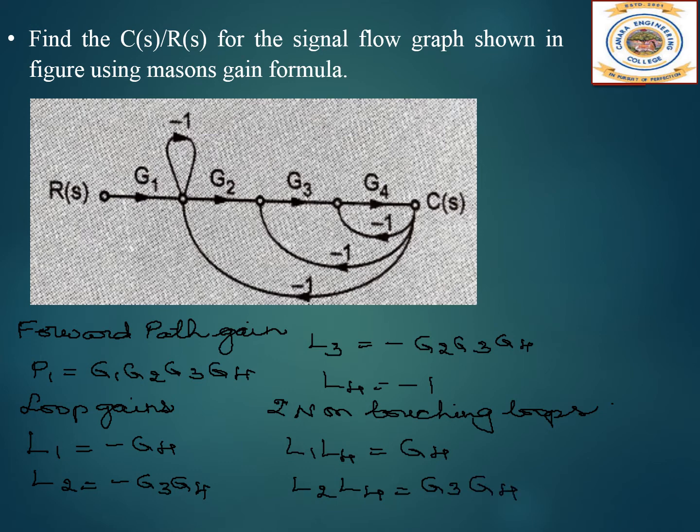So now let us write the Mason's gain formula. We have to identify delta 1. Delta value will have L1, L2, L3, L4, so we have to see which loop is not touching. This forward path is G1, G2, G3, G4. All these nodes have all the loops in common, so all the nodes are touching all these loops. So delta 1 will be equal to 1 only.